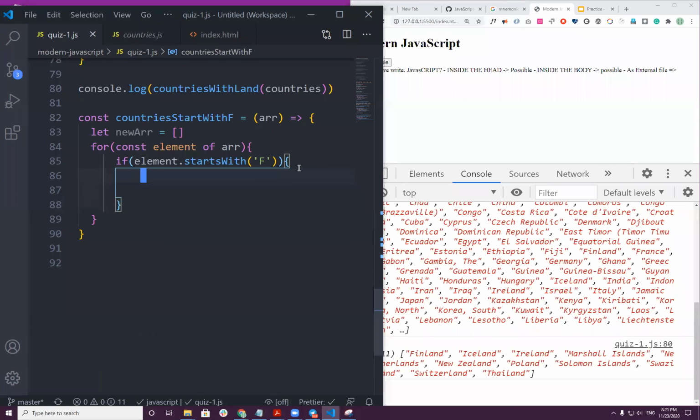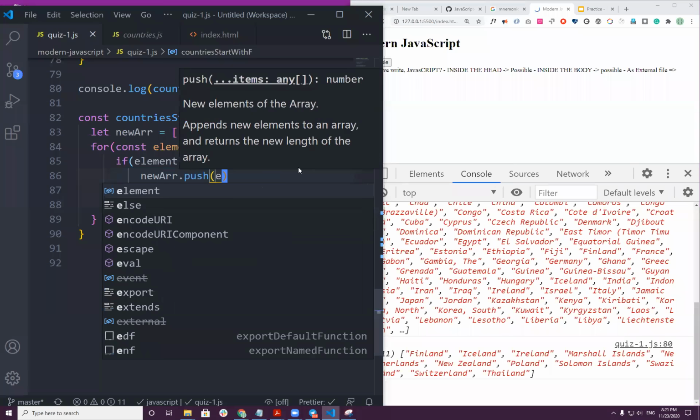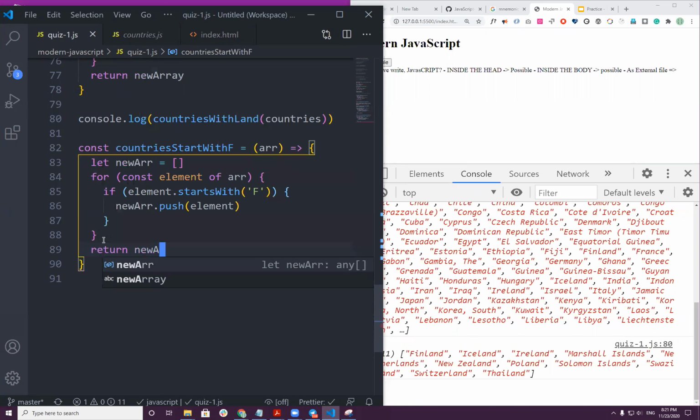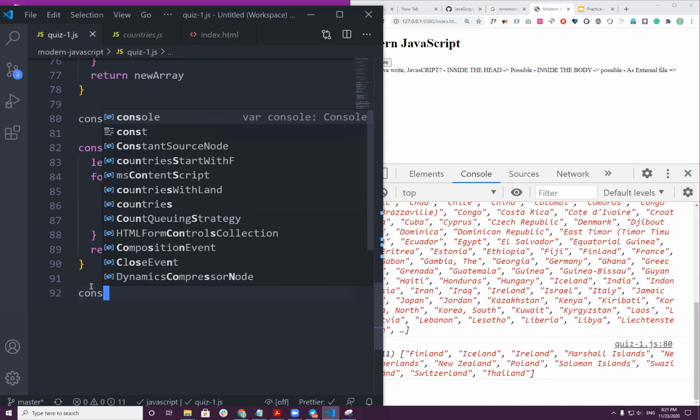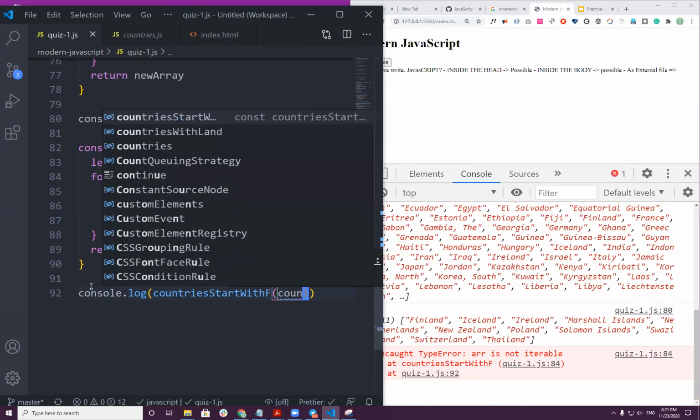To the new array. New array dot push element. And then after we accumulate them, we return that value, new array. Console.log countries with F, and then countries.